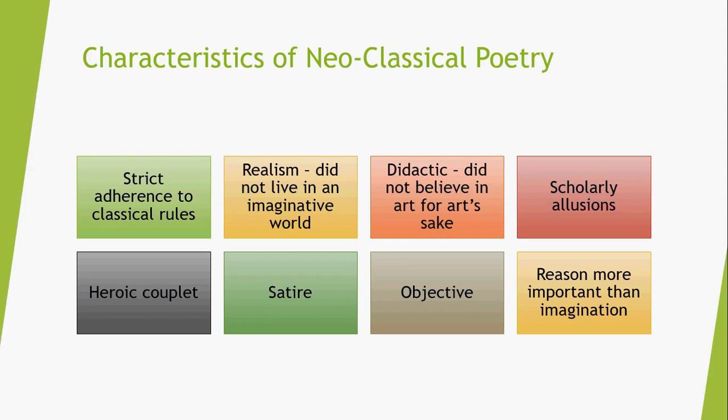Let us quickly look at the important characteristics of the neoclassical poetry. Because the neoclassical poets believed in classicism, they compulsively also believed in a strict adherence to the classical rules. They felt that if a person is writing an epic, then all epic conventions should be followed. If a tragedy is being written, then all the conventions of a tragedy as used by the classical writer should